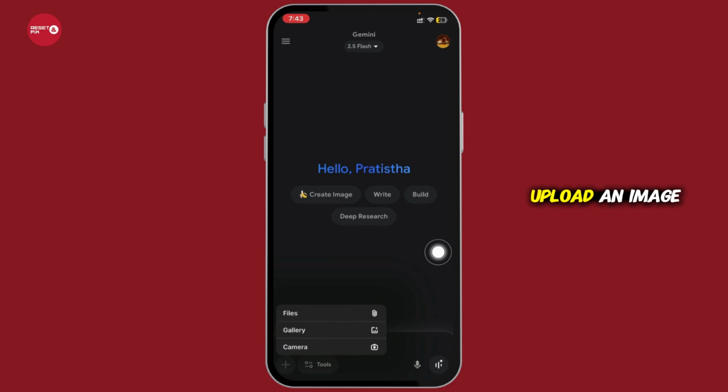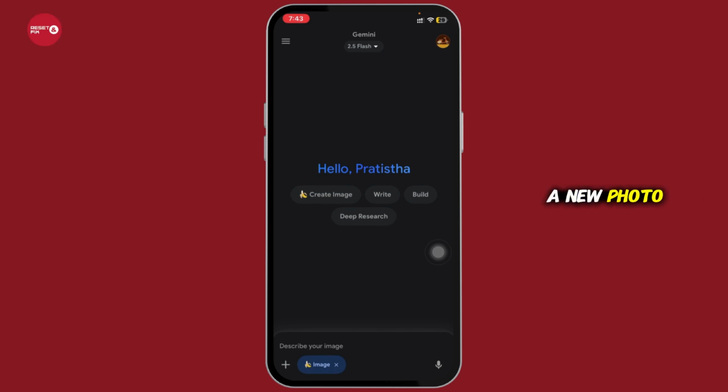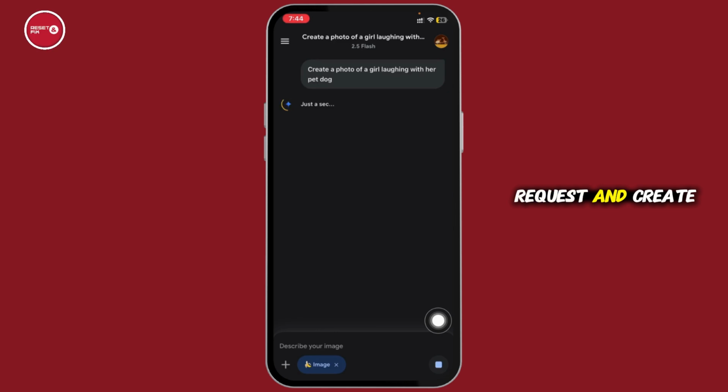You can either upload an image from your gallery or choose to generate a new photo using AI. Now, if you're generating a new photo, type in the prompt or the description of the image you want. For instance, describe the scene, subject or style you want the AI to create. And once you've entered the details, tap on Send and the AI will process your request and create the photo